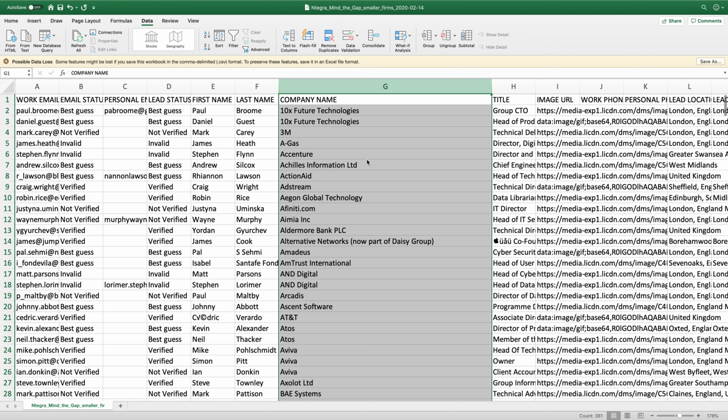Great, so it's moved that in order, but it's messed up the whole spreadsheet because it hasn't moved the other stuff around. So actually Danny Boom does not work for that company. Everybody makes this mistake at the start, and it's a disastrous one because you do all the work on the spreadsheet, we import it, and then you start emailing and calling, and everyone's going,